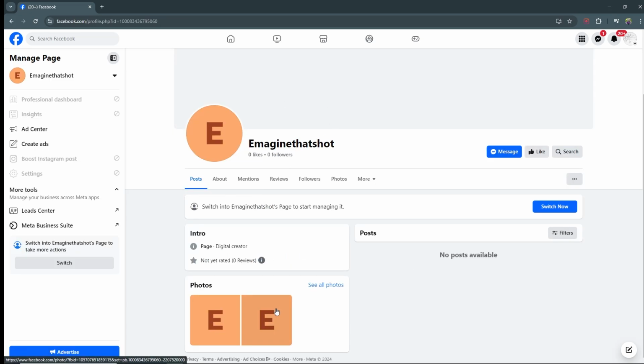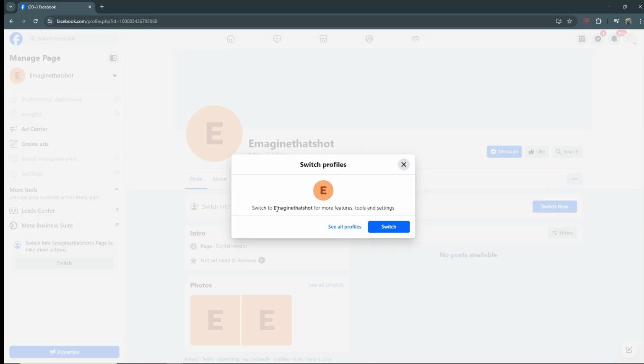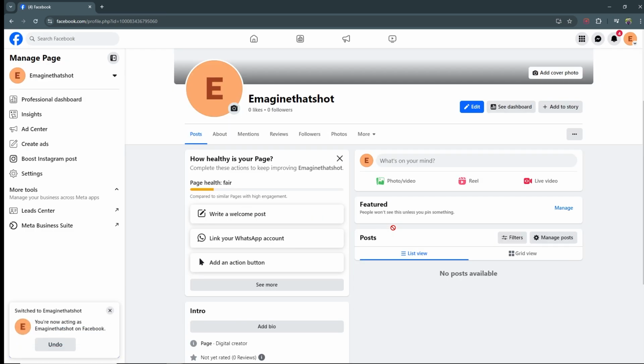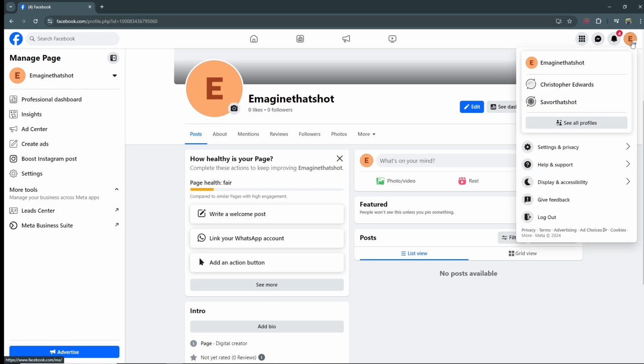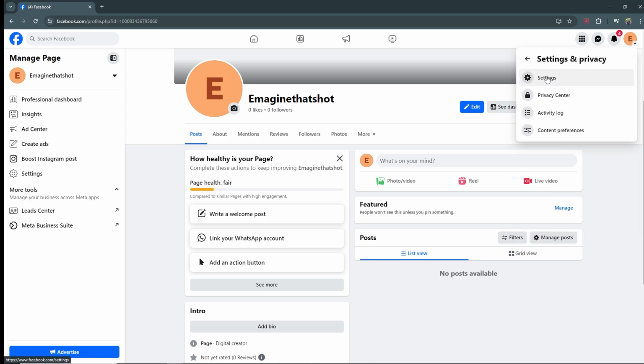Now that I'm into the page, in order for me to delete it, I must first switch to that page. So to your left, click the switch button, then hit switch again. Now that I'm into the profile of the page, I'm able to get into its settings. So to do that, you want to click on the profile icon, then select settings and privacy, then select settings,